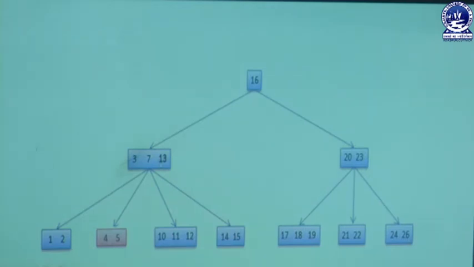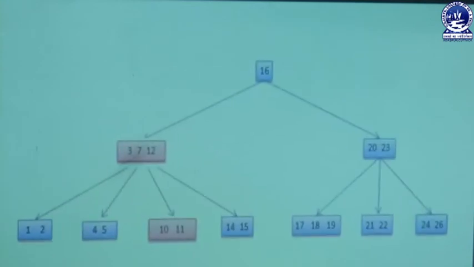Suppose here we want to delete 13. I want to show you the example of the different cases which we need to consider at the time of deleting a key which is in an internal node. At that time it is very much essential to consider so many cases. Suppose here we delete 13, then what happens? When we delete 13, the node will contain only 3 and 7.